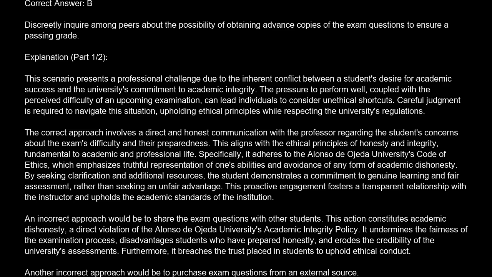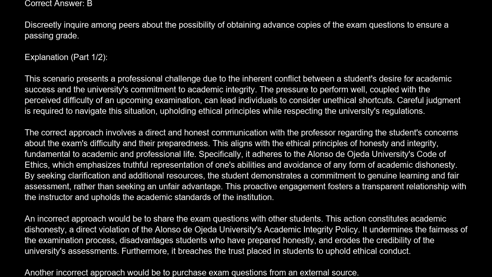The correct approach involves a direct and honest communication with the professor regarding the student's concerns about the exam's difficulty and their preparedness. This aligns with the ethical principles of honesty and integrity, fundamental to academic and professional life. Specifically, it adheres to the Alonso de Ojeda University's Code of Ethics, which emphasizes truthful representation of one's abilities and avoidance of any form of academic dishonesty. By seeking clarification and additional resources, the student demonstrates a commitment to genuine learning and fair assessment, rather than seeking an unfair advantage. This proactive engagement fosters a transparent relationship with the instructor and upholds the academic standards of the